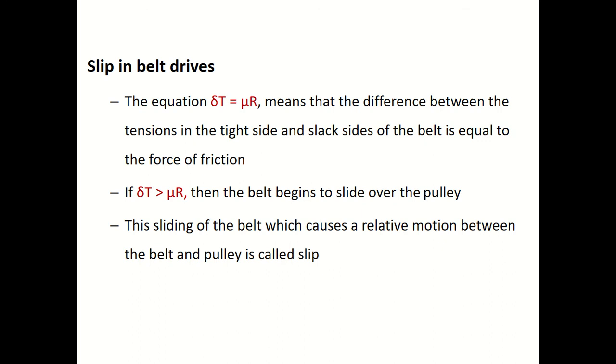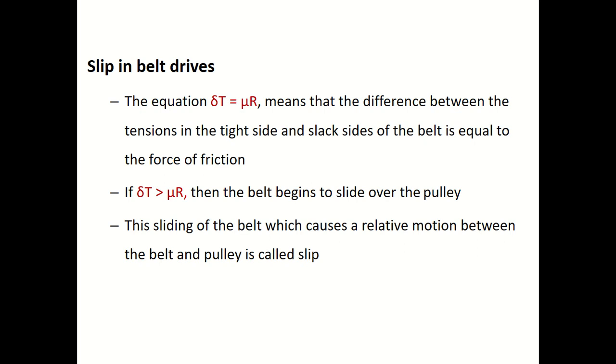If you look at it, there is one very important expression: delta T is equal to mu R. Which means that the difference between the tensions in the tight side and slack side, that is delta T, of the belt equals the force of friction, that is mu into R, where mu is the coefficient of friction. So if delta T is equal to mu R, when that condition exists in a belt drive,